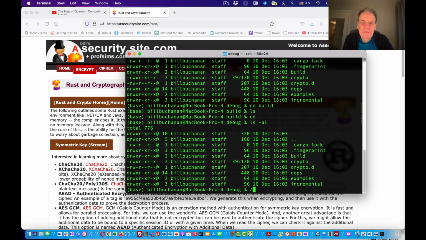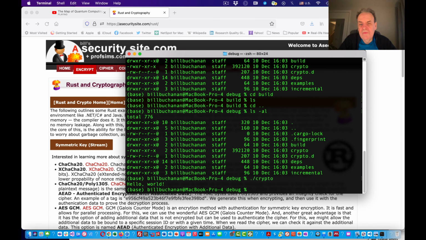So in debug we've actually created the program here. When I run this program, I'm actually running the executable code. If you're running on a Windows environment, you'll see an exe there. I'm running on a Mac, so you'll just see the program as an executable file here.